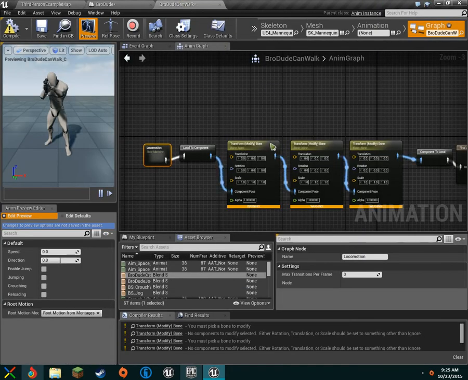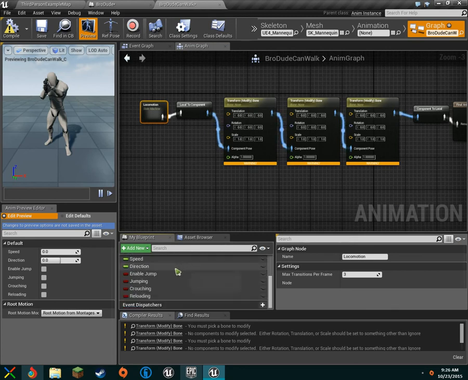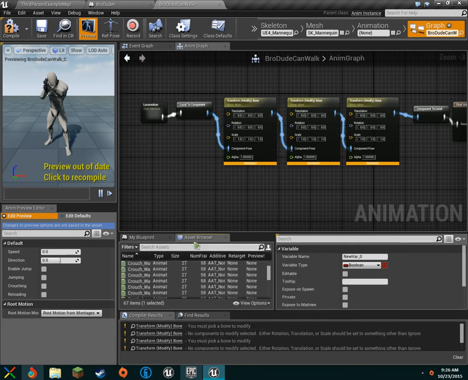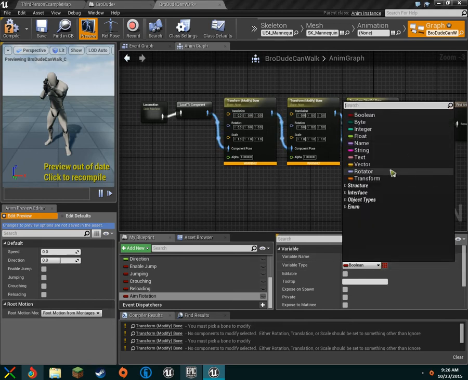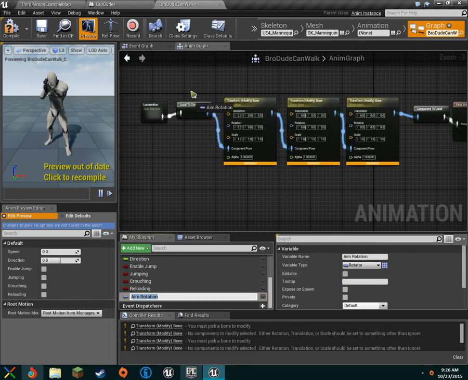But we still can't look around. That's because we're gonna modify the rotations of the bone, and we already have this. Oh wait, no, we don't. Oh darn it, that's fine. To do that, we're going to create a new variable called aim rotation. Why don't we add an int to that so it actually says rotation? And then we're going to make that a rotator. And so that's going to be a rotator that we're going to constantly change